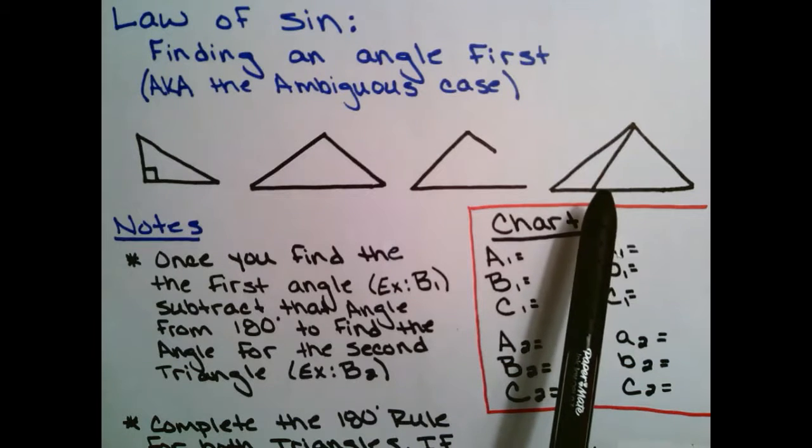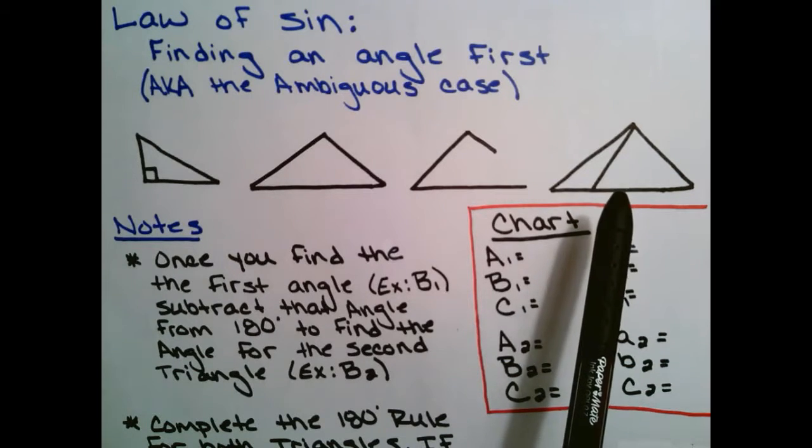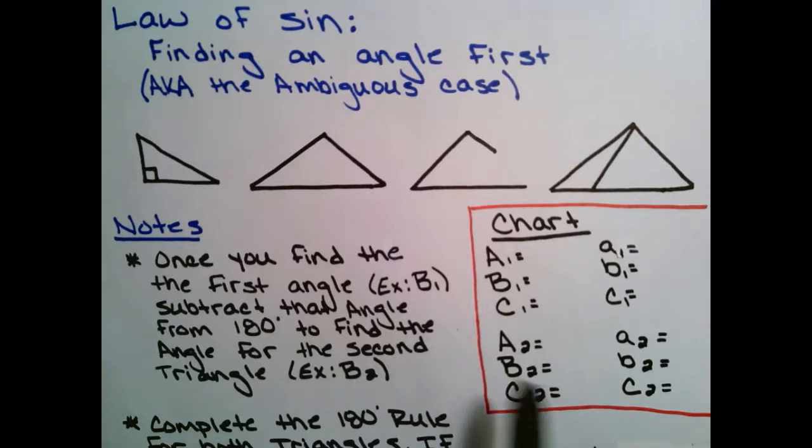All right, so your chart, whenever you have to find the angle first, is going to be a little bit longer. You're going to set up the possibility of having two triangles. Once you get the hang of this, you might be able to fast forward through this a bit, but for now we are going to set up if two triangles do come out. All right, so to start off with our notes,